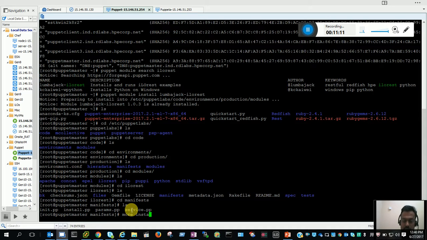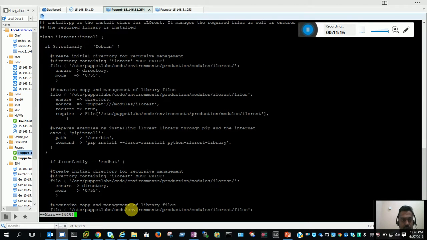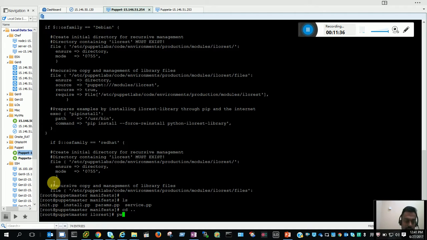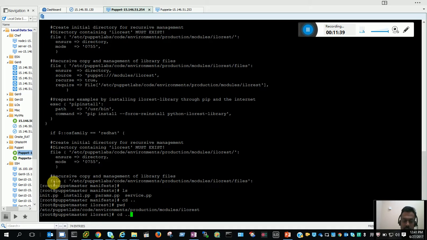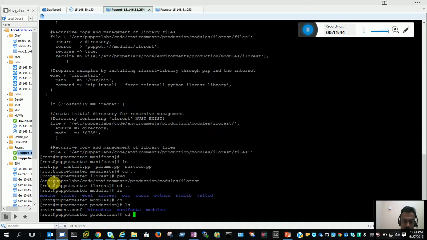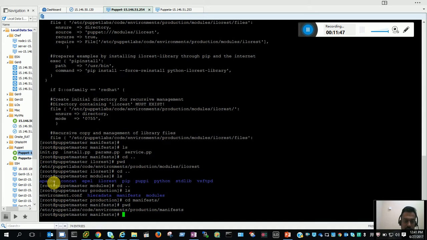If I open install.pp, it has all the things, which should go where. It depends on the OS. Depending on the OS, it installs to the particular directory. We don't need to worry about this because it's already installed, taken care of by the module. So what we need to modify here is the site.pp. If I go to the manifest directory, Puppet Labs code environment production manifest, there is a site.pp here,